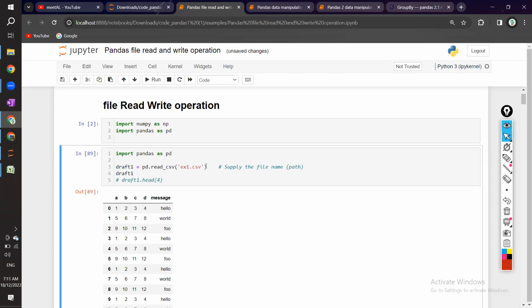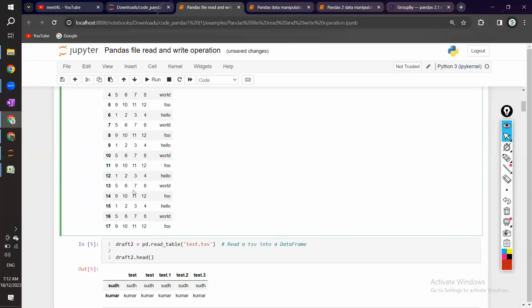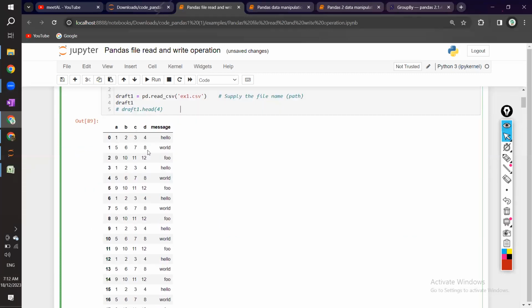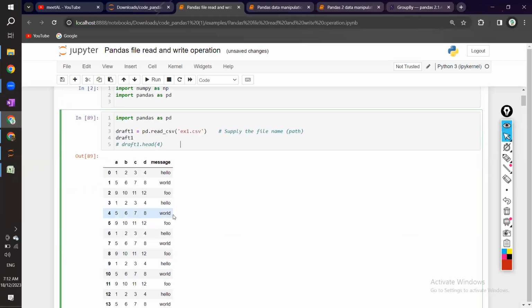Fine. So that is regarding the header parameter. Now coming to head, this is simple. Head is how many rows you want to display. Over here you have 17 rows, but I don't want to see all 17 rows. I know what the Excel sheet is, this is just for reference. I just want to see the top few rows. What you can do here is just say data frame draft one